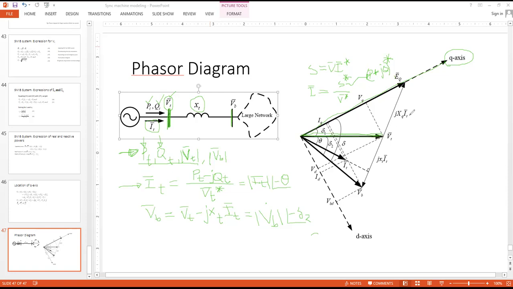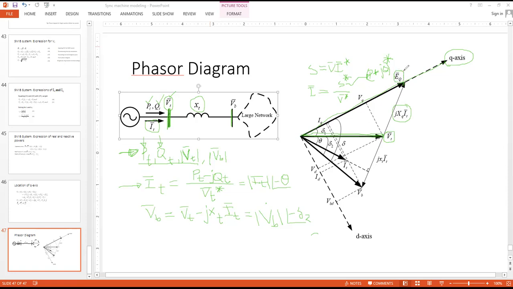We are simply adding this phasor JXQ IT with VT. Again, JXQ IT would be a 90-degree phase shift with the phasor IT because of this J. So JXQ IT would be added by phasor addition with VT, and you reach some phasor known as